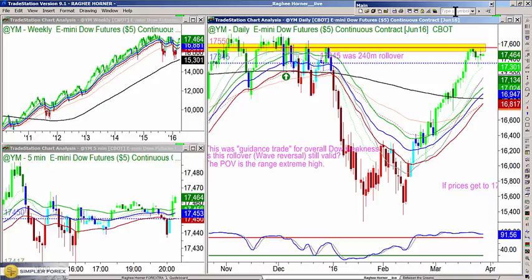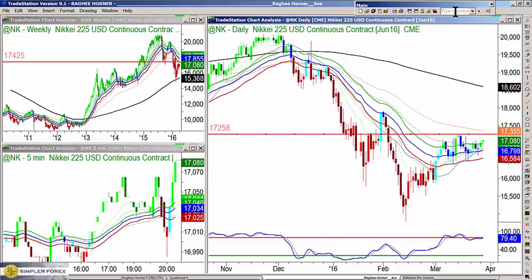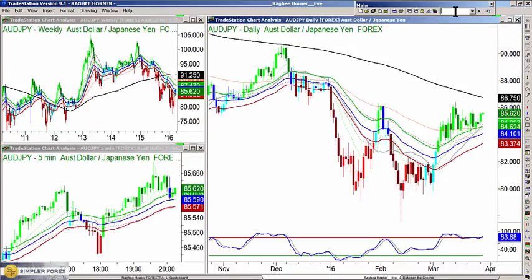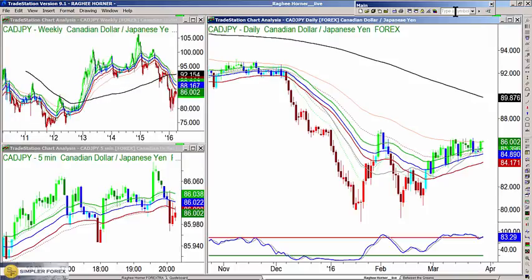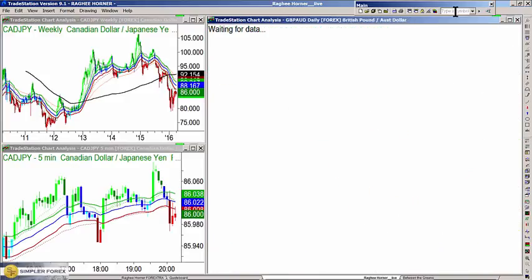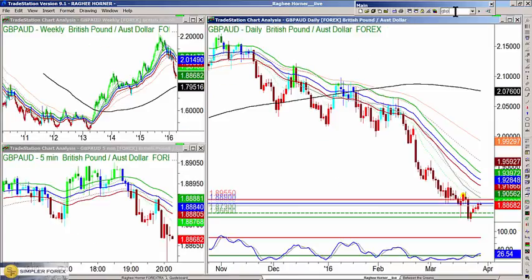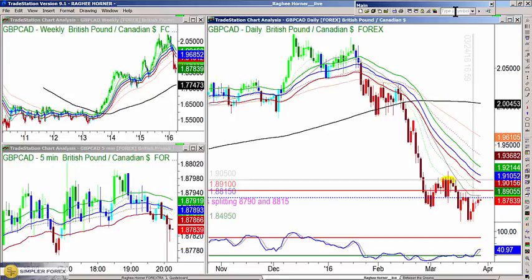But it is because of the strength in the Dow and also the transition out of the downtrend in the Nikkei that I have been playing more risk appetite, more risk on type trades. What does that mean? I've been looking for opportunities to sell yen, Aussie yen, Canadian dollar, Japanese yen. I've been looking for opportunities to play Australian dollar strength, whether that be against the pound, one of my favorite ways of doing it. Same thing with Canadian dollar strength, again, against the pound.